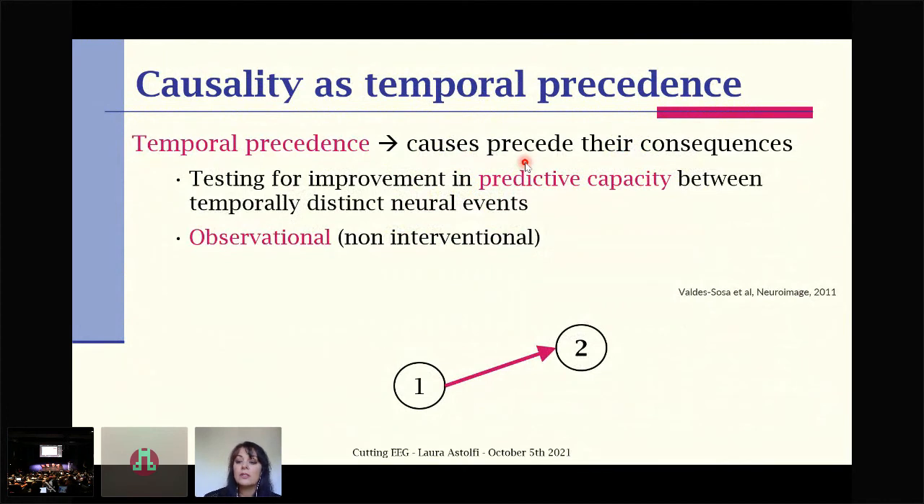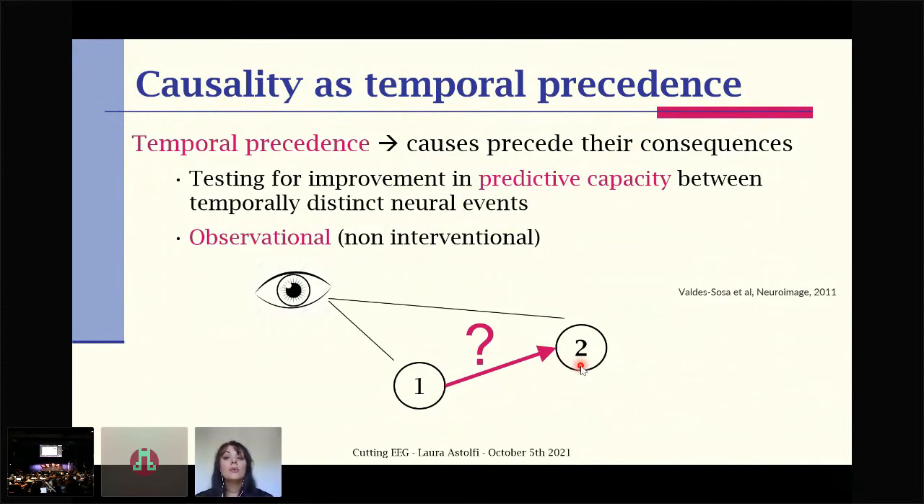The main advantage of this definition is that it does not require an intervention to the system, so we don't need to perturb the system, we don't need to act on the system like other definitions of causality do. We just look at the data, look at the system, and search for the temporal precedence between brain activations according to the basic assumption that causes must precede their consequences. And so if we can detect this precedence, we can infer that there might be some kind of causality between the